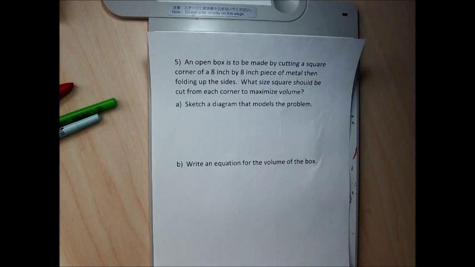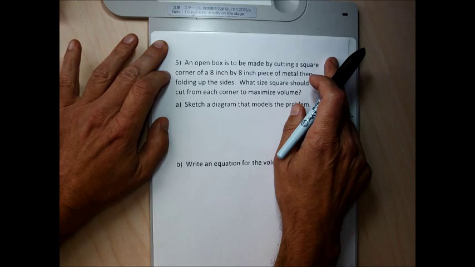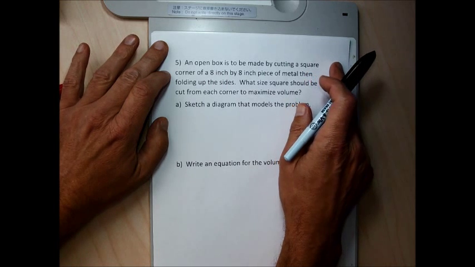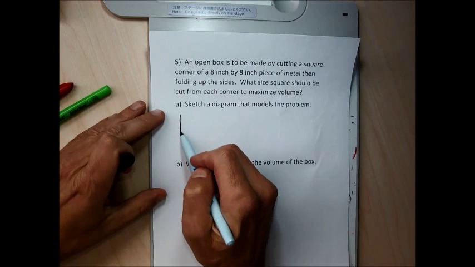All right, so it's like cut and paste. I didn't like the way I did number 5 the first time, so I'm going to redo it. So number 5, we're going to have a square piece of 8-inch by 8-inch metal, and we're going to cut x-inch squares from the corners. And the question is, if I start with a